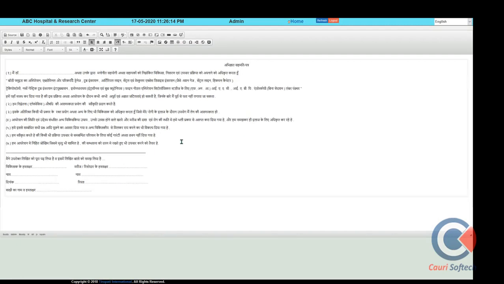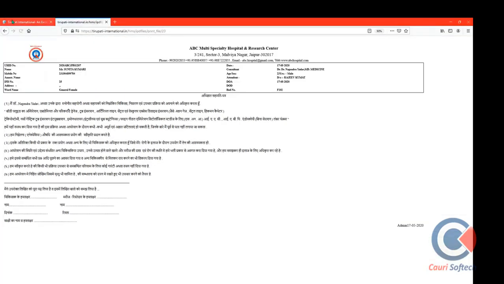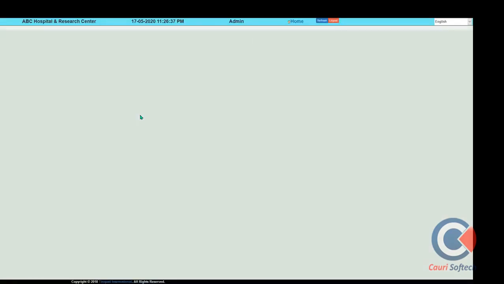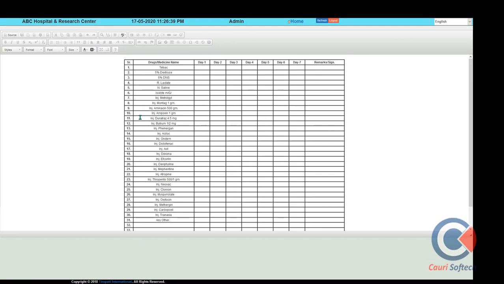Those formats can be printed, putting in the doctor name. In this way you can put in the format. In the same manner there are various formats I would like to share with you, like a medication chart you want to see, which will be very helpful for justification. So these formats are very helpful for creating a patient file system through the OPD.